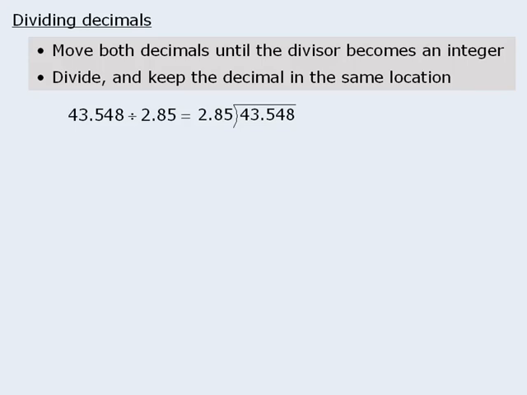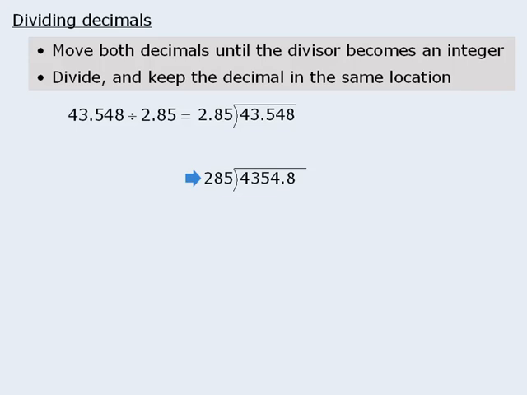Now before we can divide, we must take our divisor here and turn it into an integer by moving the decimal 2 spaces to the right to get 285. Now since we moved the decimal in the divisor 2 spaces to the right, we must also take the dividend and move the decimal 2 spaces to the right to get the following number. At this point, we are ready to divide 285 into